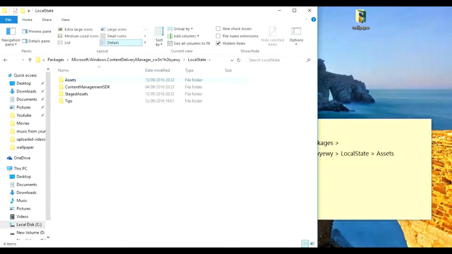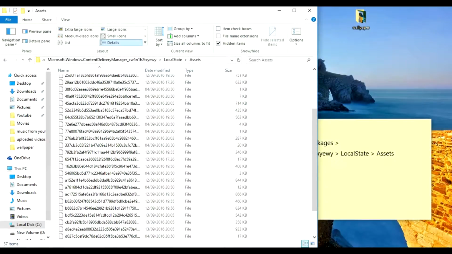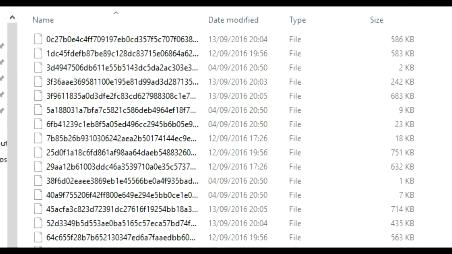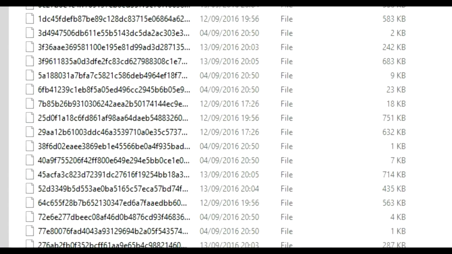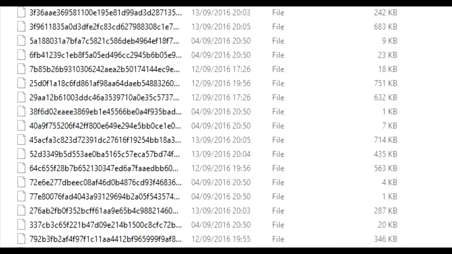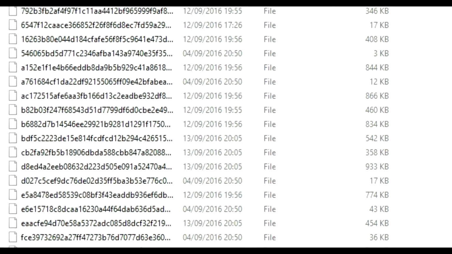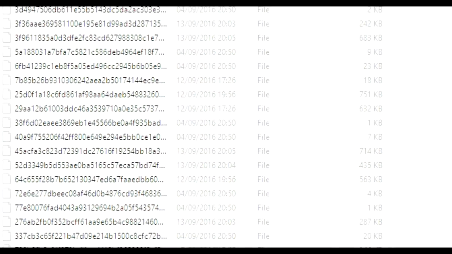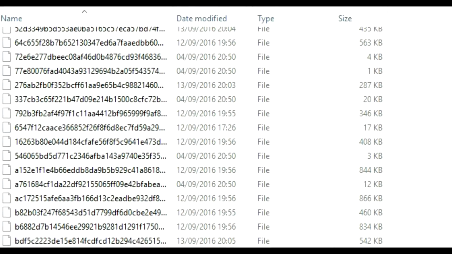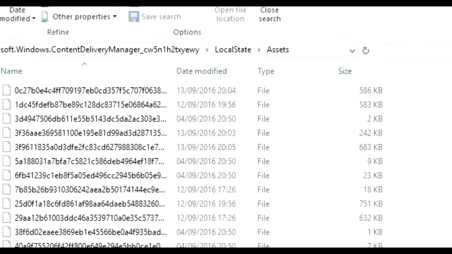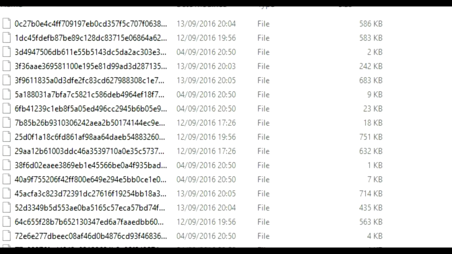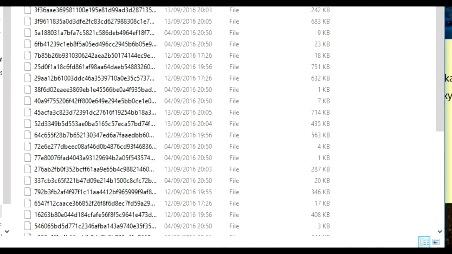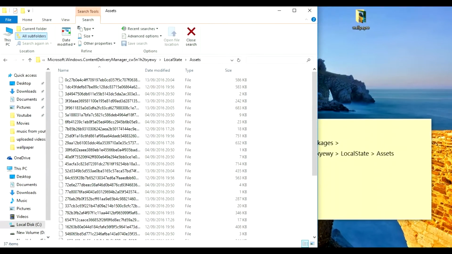Go to Assets basically, or you can search on the folder directly, Assets. It will also pop up. Now here's the little trick. Windows has provided so many assets which cannot be used directly, only Windows can use them. So in this crappy bunch of Windows assets, we have our hidden gems of wallpaper that we are looking for. So I want you to look for any file that is greater than 400 KB.